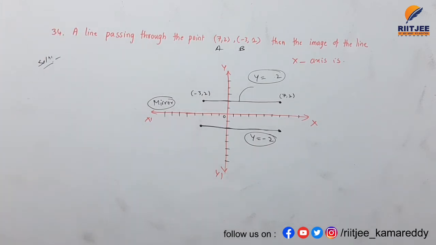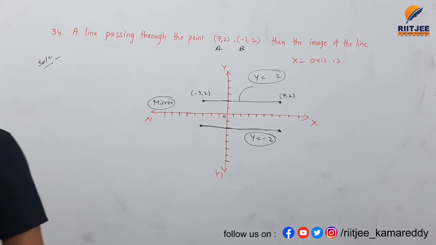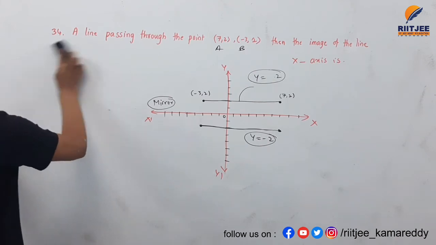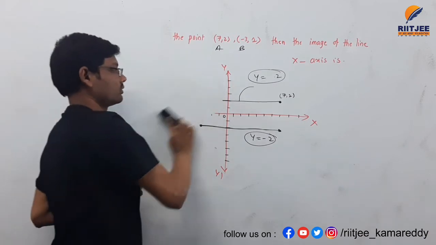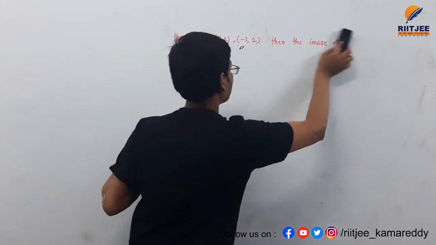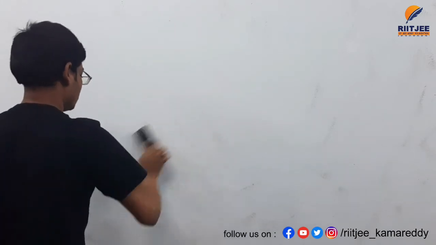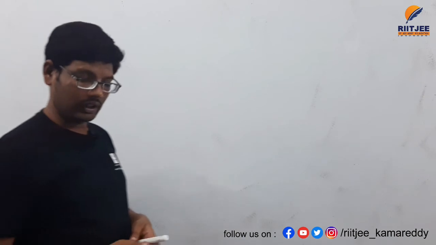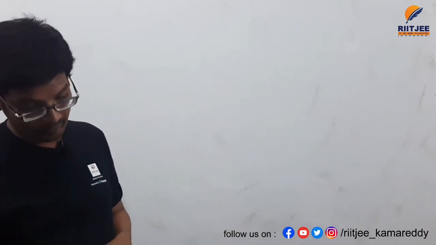So directly you can write that the image is nothing but the line at equal distance on the other side. And the next question is